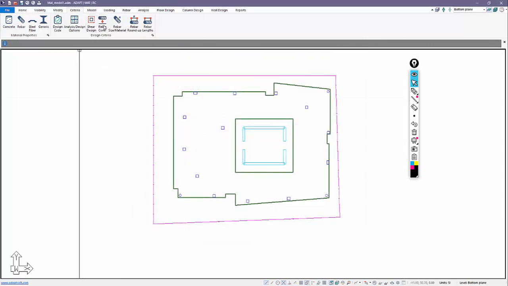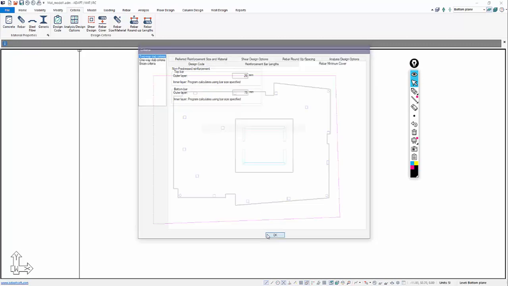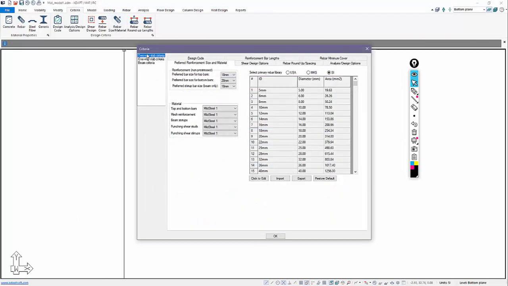We'll go now to rebar cover. We can set the reinforcement cover options for the outer layer, and this is for top bars and bottom bars, outer layer. Okay, we'll leave these as they are currently for the bottom and top. Rebar size and material, we're going to assign design strips as two-way slabs. We'll use 20 millimeter bars top and bottom.